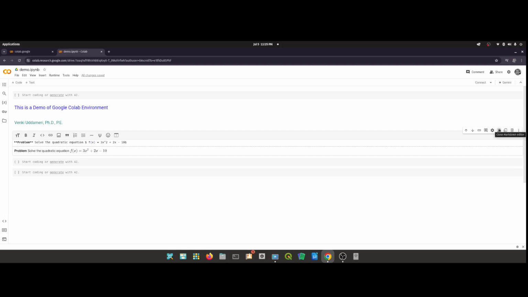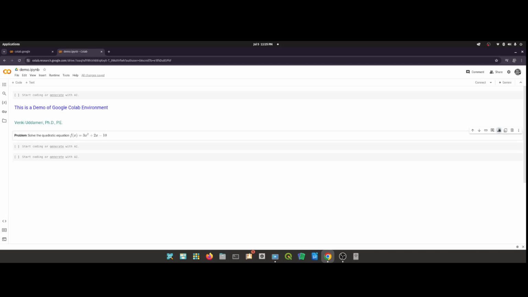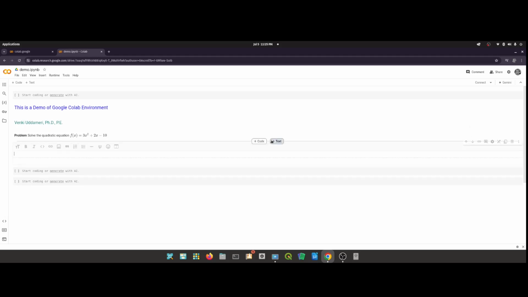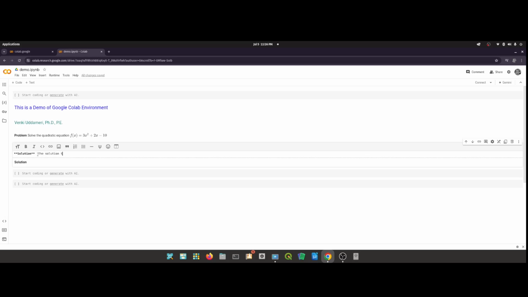Again, I can hide the markdown, and now I'm showing the quadratic equation. Let me add another text box here, and I'm going to say "solution", and again I select it, click on the bold, it'll put these 2 stars and say the solution. The solution to the above quadratic equation is,